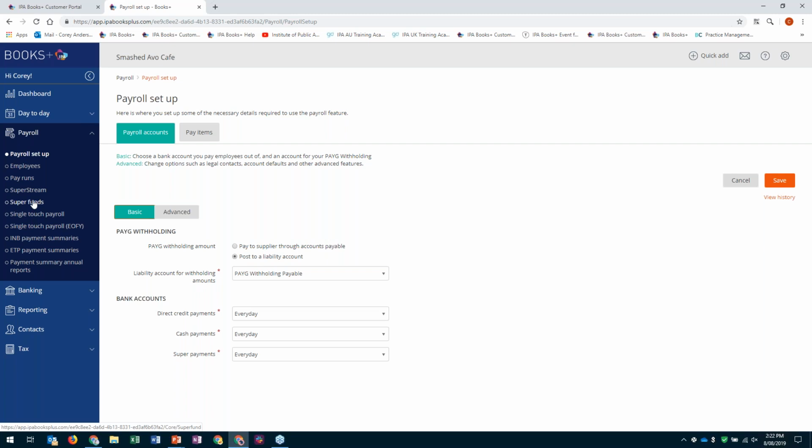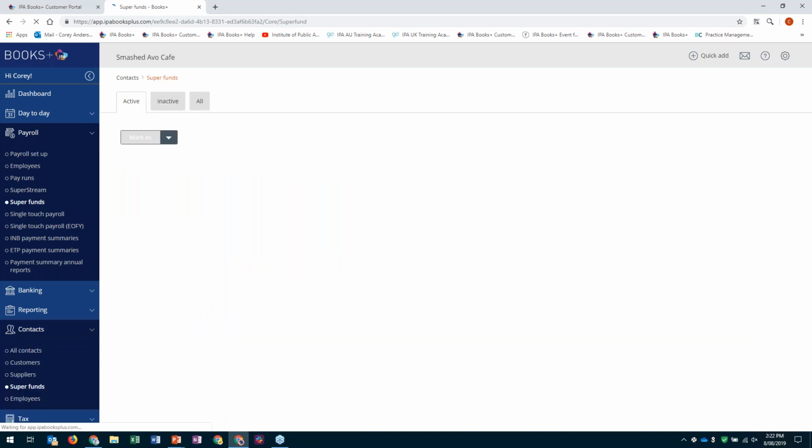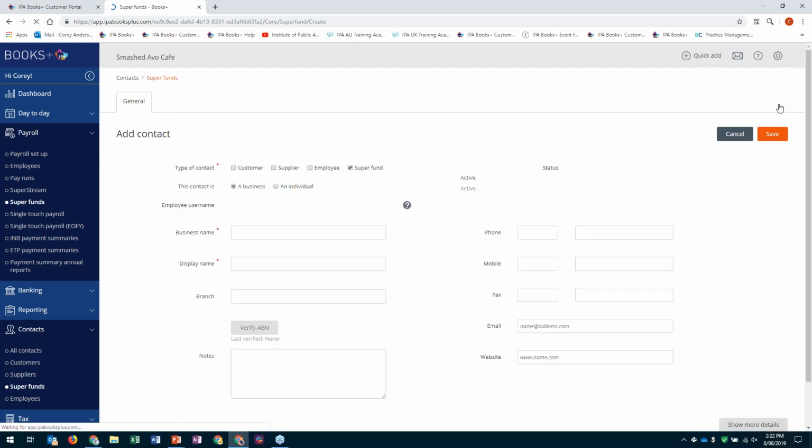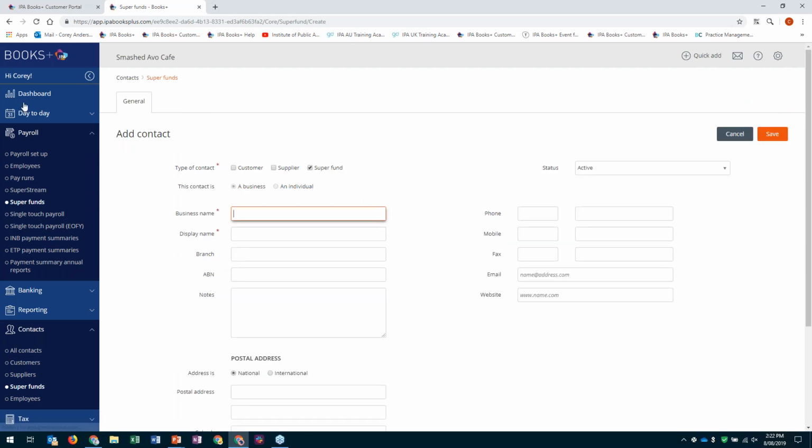Okay, so the first thing I like to do in the payroll area before I do the employees is create my super funds. So when I create a super fund, I'll just click on add, and you'll notice that I've got a general tab just up the top here above the add contact. I've got the general tab and add contact, and the type of contact can be customer, supplier, super fund. So for super funds tick, but if need be, you can tick the other 2 boxes. You don't need separate cards for those. So this one might be, say, Australian